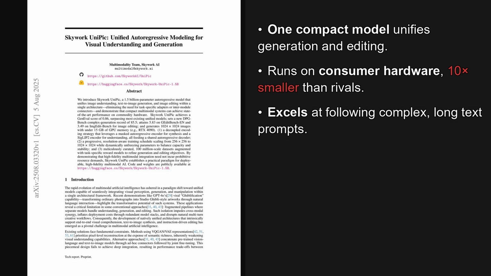So, to wrap up, Skywork UniPic really challenges the idea that bigger is always better. It shows that with a clever architecture and training strategy, a compact model can deliver top-tier performance across